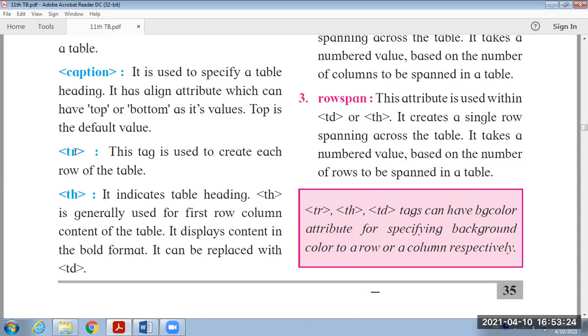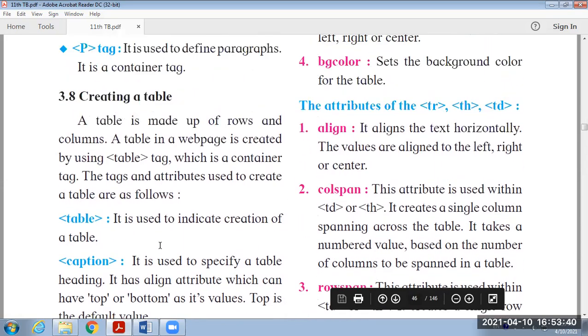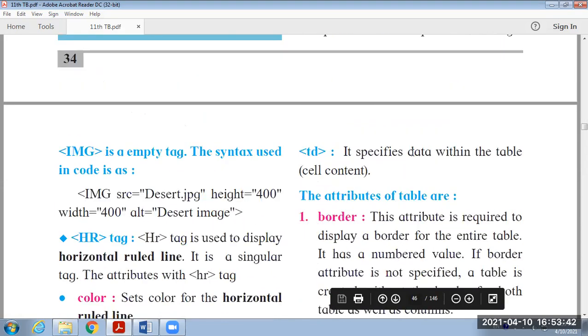Tr means table row. After that, we have to provide the headings, or we can say the fields. To provide these headings, we use the th tag, that means table headings. And finally, we provide the data by using the tag td, that is the table data.